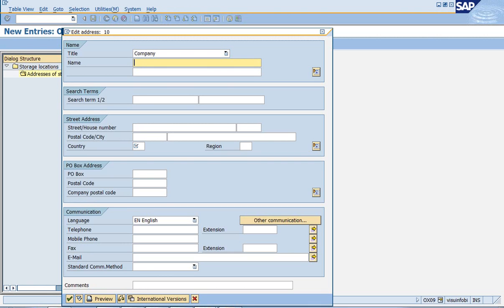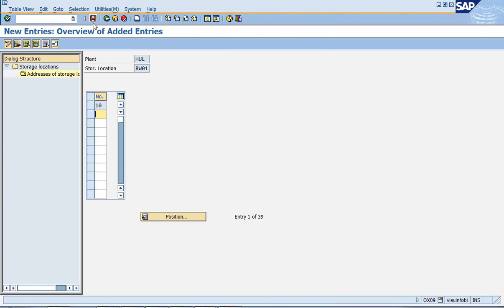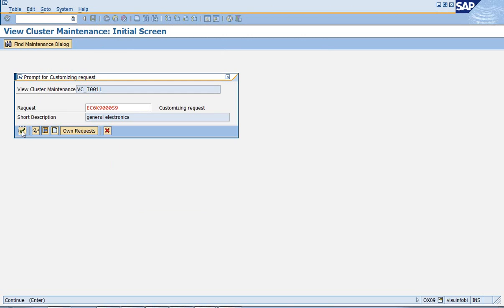So for my company HUL, and click on continue. Then click on save to save the address. You're getting a prompt request, click on continue. So whatever data you have entered will be stored.